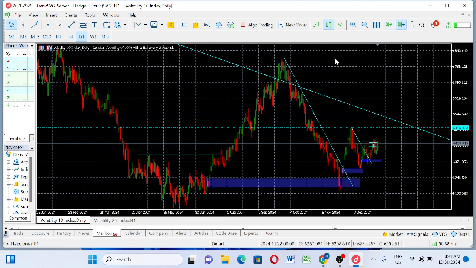Okay, good. So you can see what is happening. Basically, we have a break of structure to the upside, and price reacted off this other block here. You understand? Reacted off this other block zone. But then if we add our Fibonacci from this low, which I know a lot of you want to see,